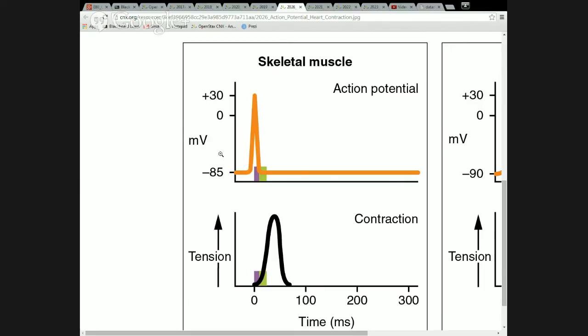Now, I want to talk a little bit about what's happening in the actual myocardium, in the cells that aren't really part of the conduction pathway, but the cells that are getting the signal from the conduction pathway. So this picture, which is actually only part of a bigger picture, and I'll show you the rest of it as I discuss it and kind of unveil the different things. This is looking at skeletal muscle activity. So this is basically what you would have learned in A&P 1. The numbers here, again, aren't exactly what you might have learned in A&P 1, but the concept is just fine. So starting at a very negative